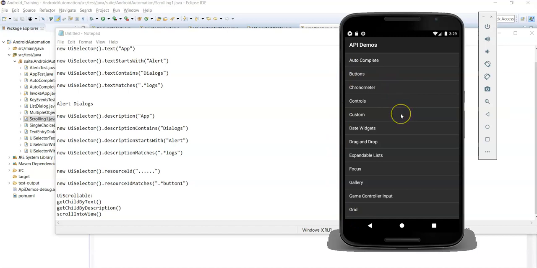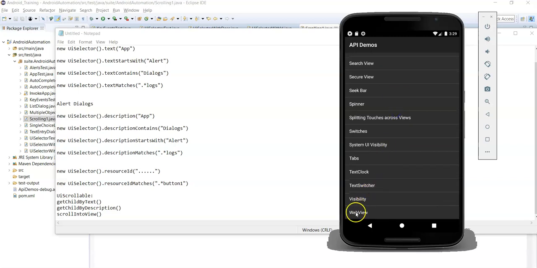Second parameter is the identifier for the child element. Suppose you want to scroll until web view, so you need to identify the child element of this locator, whether it is text view or button or anything. Simply pass the child element using UI selector with the class name.